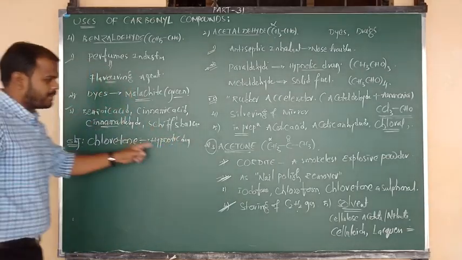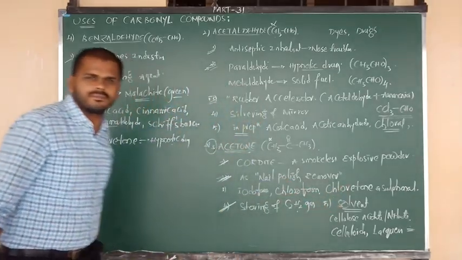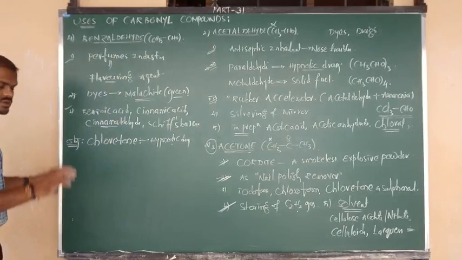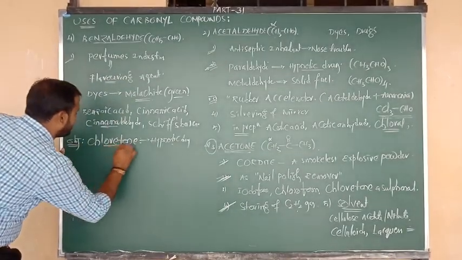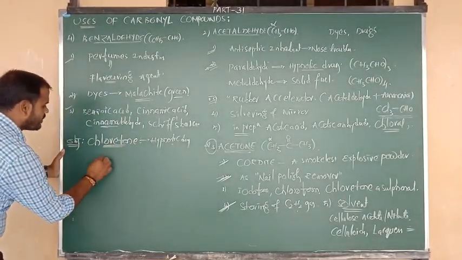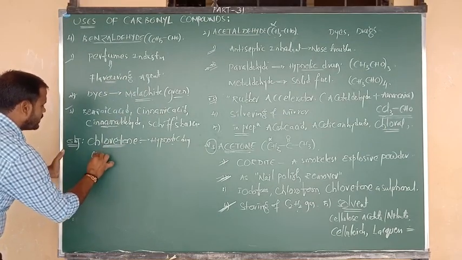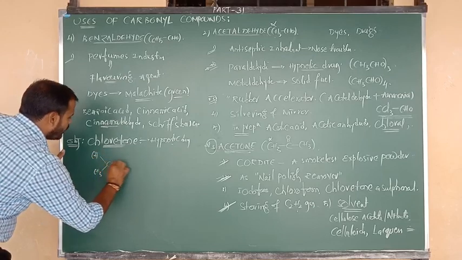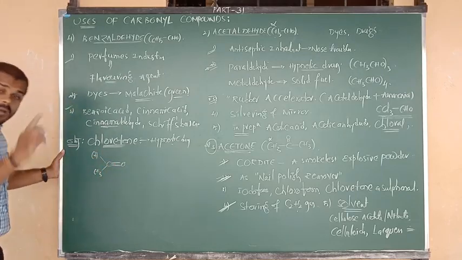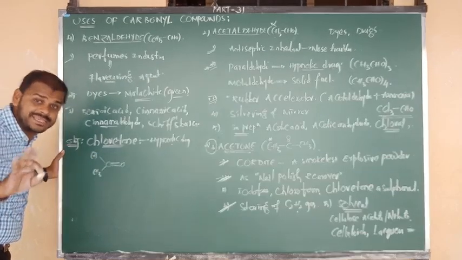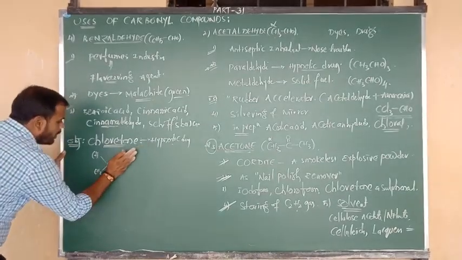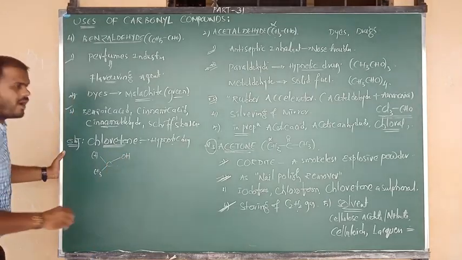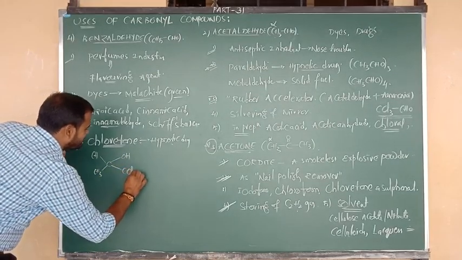But this is the drug prepared from acetone. Acetone gives chloretone on reaction with chloroform. So in the final product of chloretone, the central carbon will be there, with CH3 on one side and CH3 on the other. Starting from acetone, upon reaction with chloroform, CHCl3, the H is given to O, so O becomes OH, and the remaining CCl3 from chloroform is there.